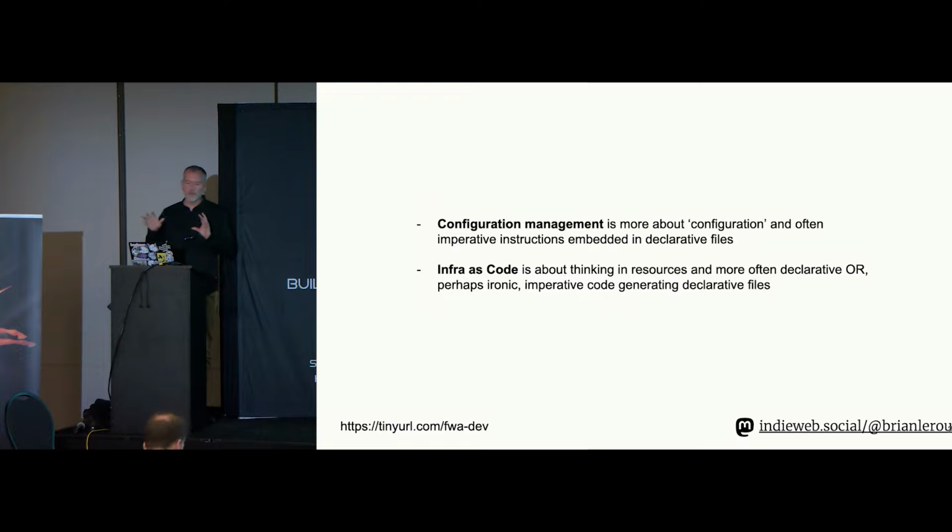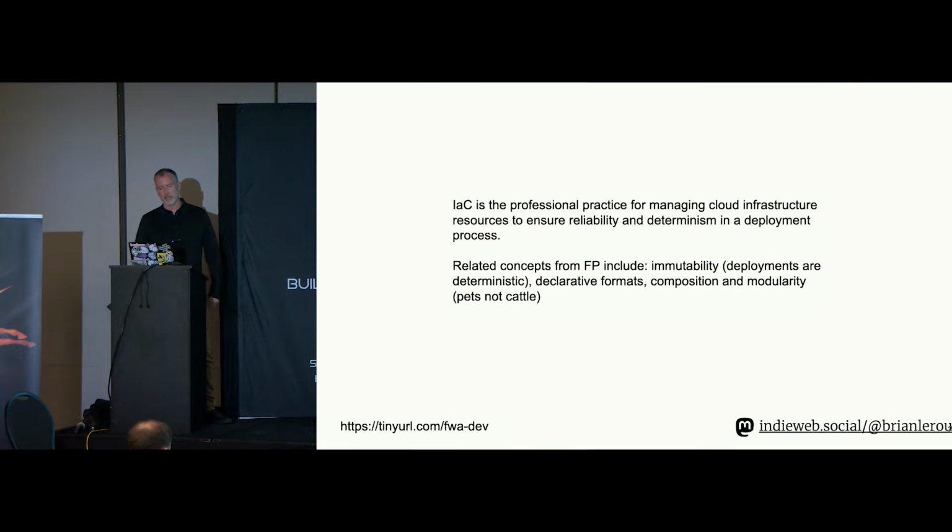And so roughly, and this isn't explicitly true, these are just vague-ish things, but configuration management is sort of more about configuring stuff. And there's usually some imperative instructions embedded in declarative files. Infra as code is really about declarative formats and about embedding resources. And so to me, infra as code is just a professional practice, and this is very much a functional programming thing. It's all about immutable deployments. It's all about having deterministic outcomes, and it's all about using declarative formats and composition, so